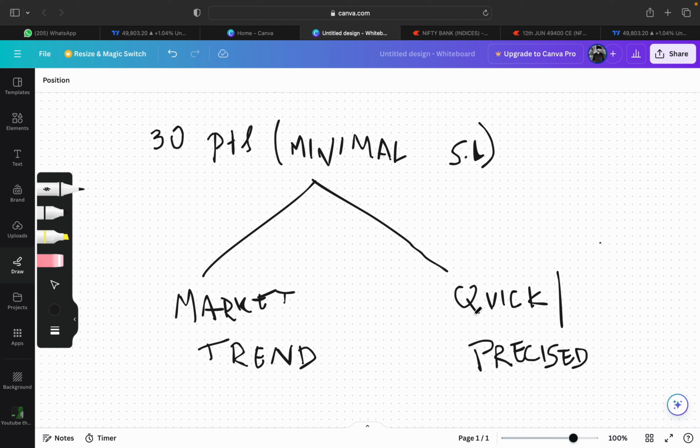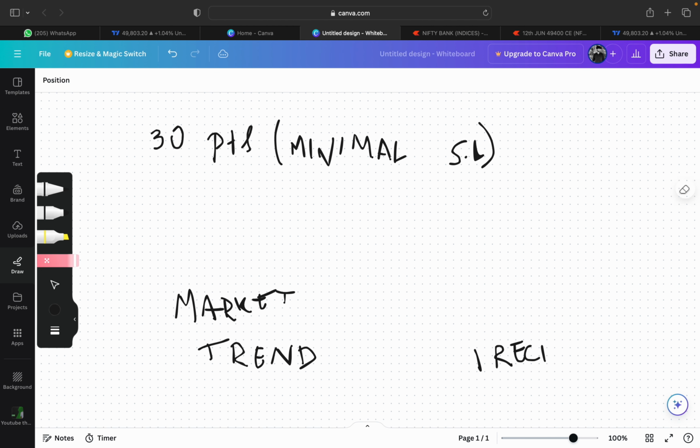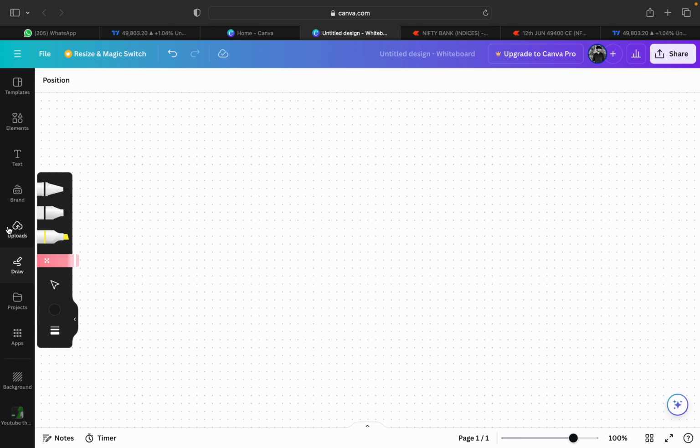But in order to follow these two, you need to know a very important thing, which is the base, which is the price action. So if you're not strong at price action, it won't work either way anyway. So price action is the basics. So we'll be seeing about that today. Okay. So first let's start with